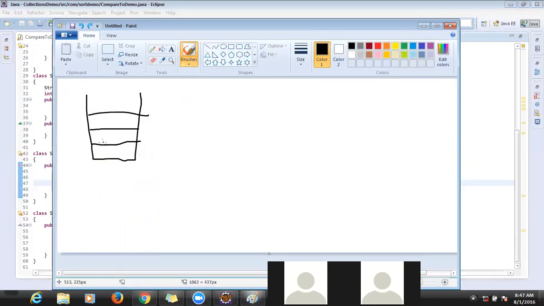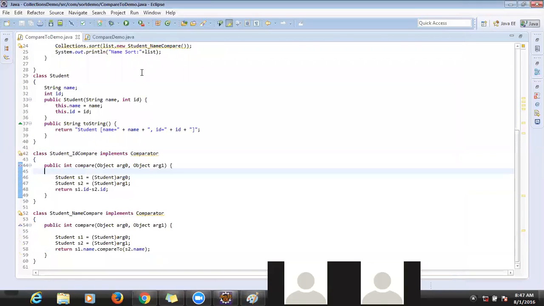Now consider that student 1, student 2, and student 3 are inside the list. So the first time when we are adding the elements, it is like this: S1, S2, S3. Whenever you are calling the sort method, the sort method will look for the sorting field from the object. Sometimes you are passing name, sometimes you are passing ID.